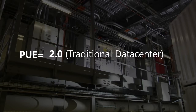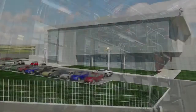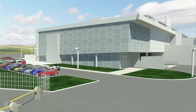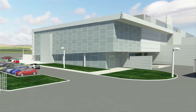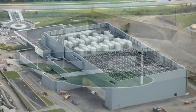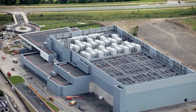This award-winning data center has a PUE from 1.15 to 1.22 for the containers in the facility. Also in 2009, we further developed the containment approach to deliver additional efficiencies in our Dublin Generation 3 facility. This facility spans approximately 7 football fields in size and deploys large-scale compute capacity contained in pods of servers, cooled